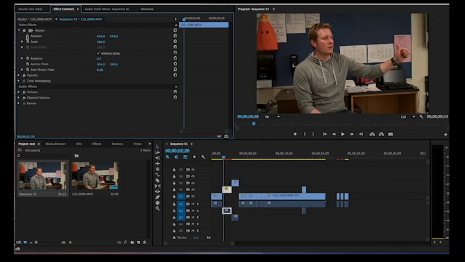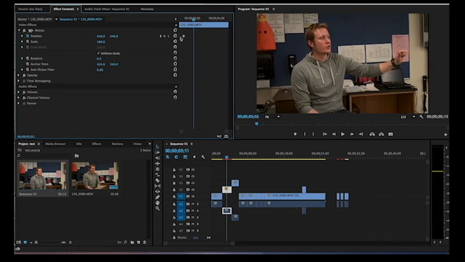So what I'm going to do is turn the little stopwatch on. And by doing that, I now create myself a keyframe. So in this keyframe, he's going to be in this position. For the remaining time, he's still going to stay there until I change that keyframe. So if I go further, and I put another keyframe just by clicking on the Add Remove Keyframe,